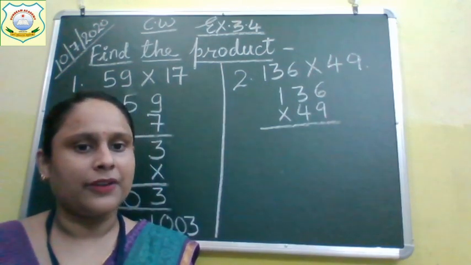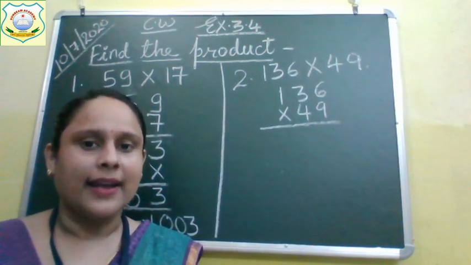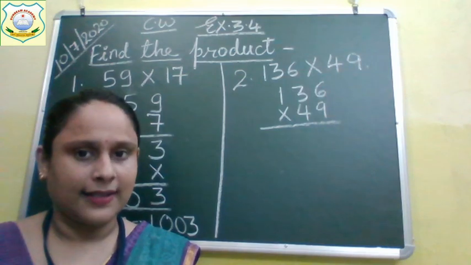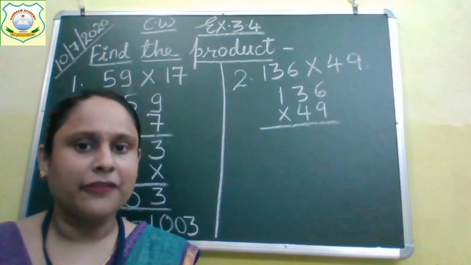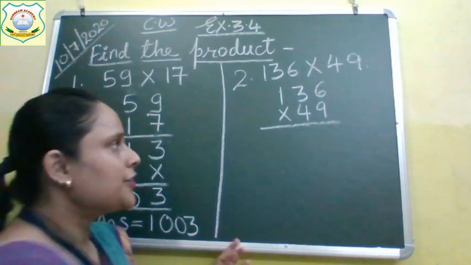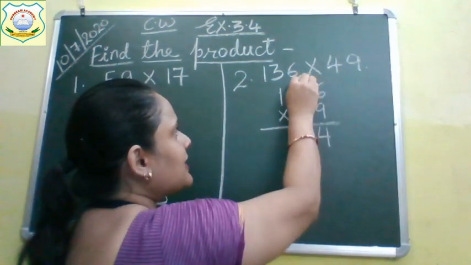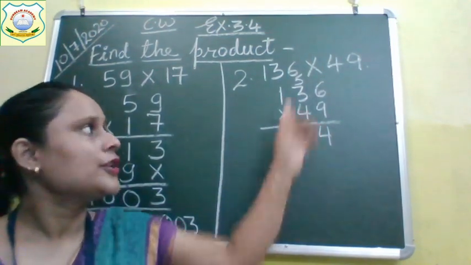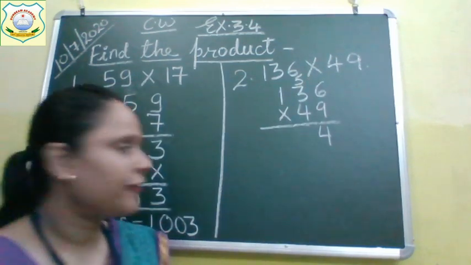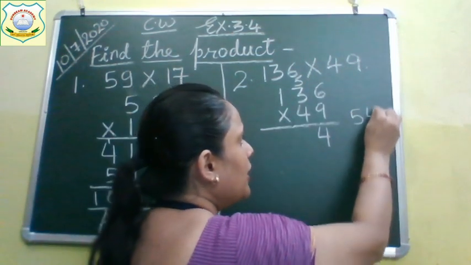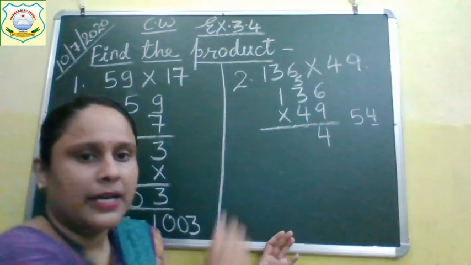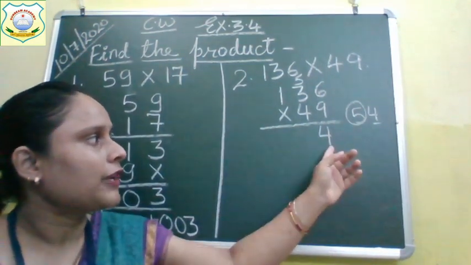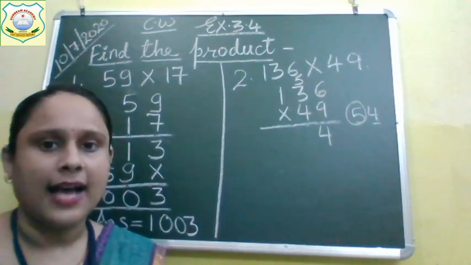Say the table of 9 everyone. 9 ones are 9, 9 twos are 18, 9 threes are 27, 9 fours are 36, 9 fives are 45, 9 sixes are 54. So write 4 and take 5 as a carry. Children, if you will not write carry, you will forget. Okay? So always write the carry. If 54 is the answer I told you before, what we will do? We will write the last number and take the first number as a carry. So this only we have done. In 54 we have written 4 and taken 5 as a carry.